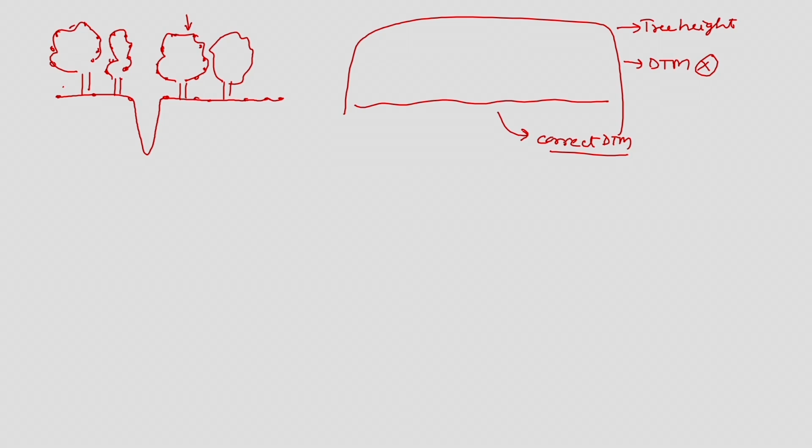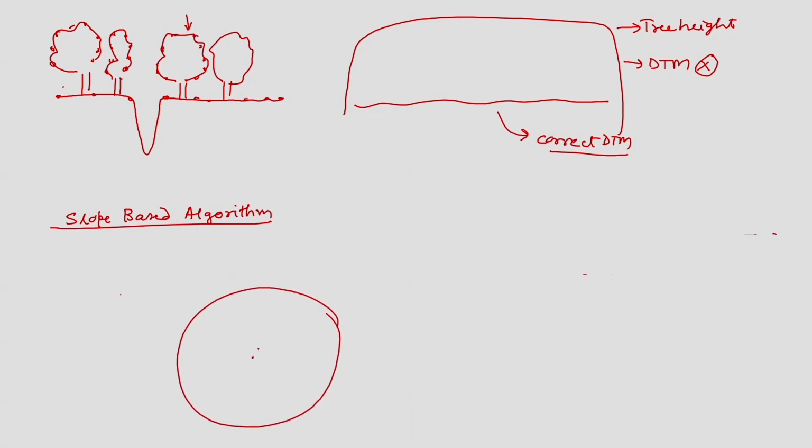To avoid all these situations, we developed some more algorithms like the slope based algorithm. What is the slope based algorithm? Let us say there is a neighborhood like this and I have a point Ti here and there is, let us say, a Euclidean distance here with another point called Tj. So, this is range R or neighborhood.